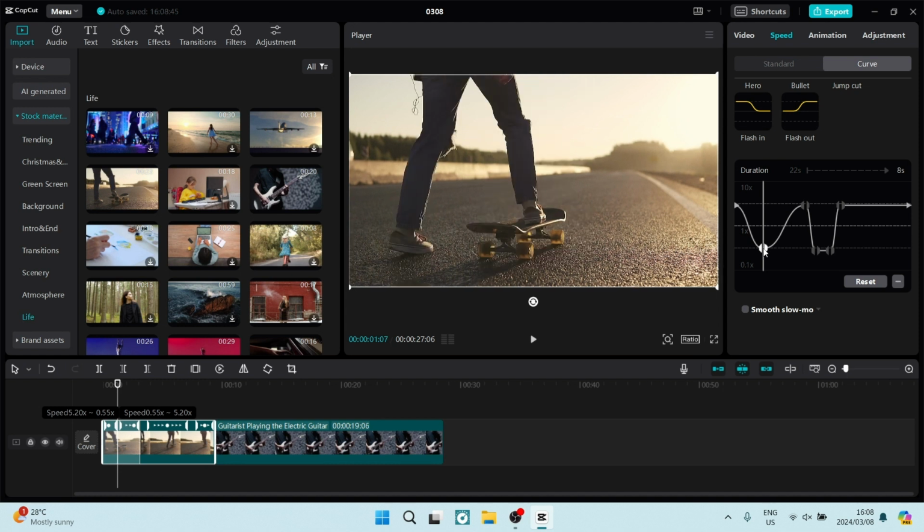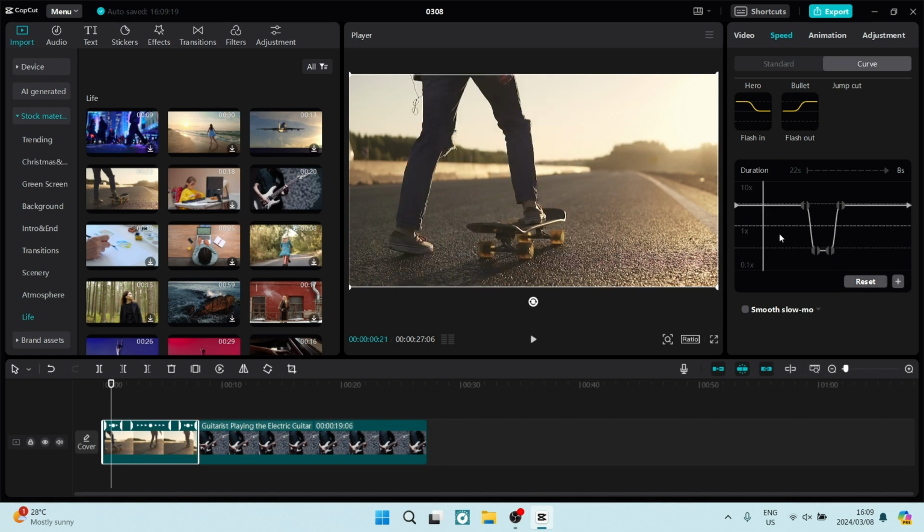Now you can use the left button and you can move just that one, or you can use the right button and move just that one, or alternatively you can hold the whole thing if you're holding it in the middle and move it together so that it creates this curve and it creates a smooth transition in and out of that speed difference. You can also then just reset it if you would like to put it back onto